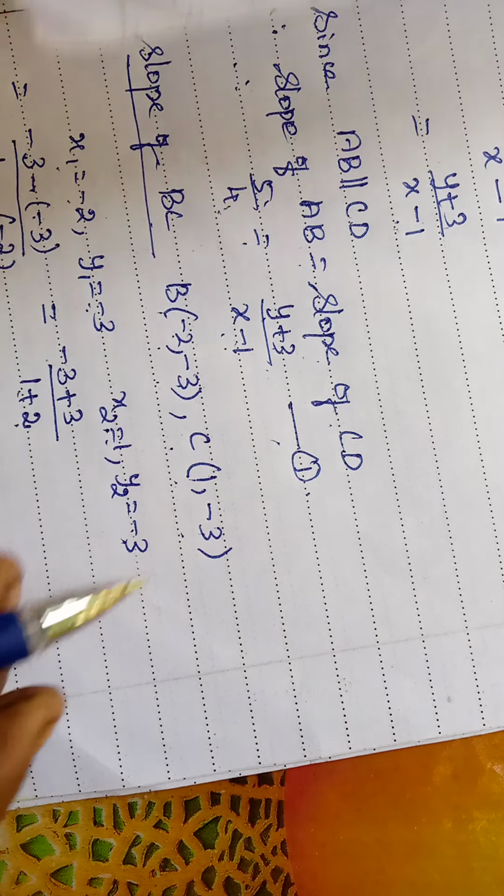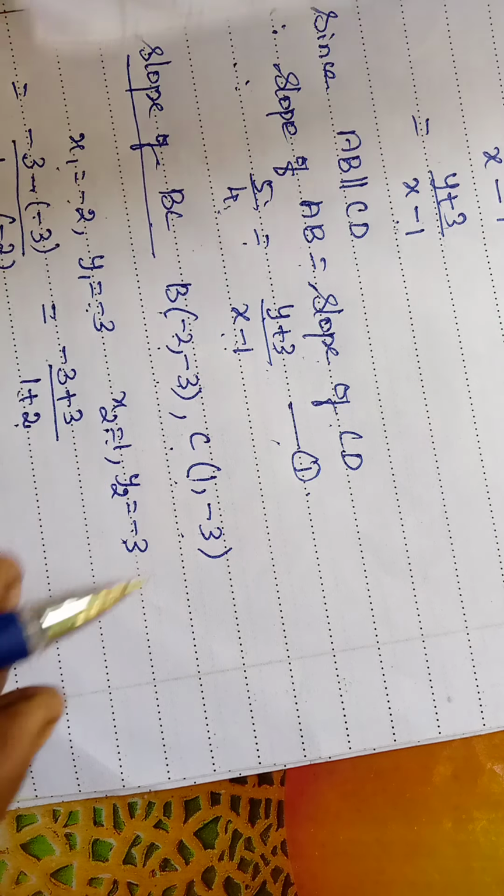Let us cross multiply. We get 5 into x minus 1 equal to 5 into 4. Let us cancel the 5 and 5. Remaining, we get x minus 1 equal to 4. We need the x value now. So x is equal to 4, and this minus 1 taken to the other side becomes plus 1, which is equal to 5. Therefore the values we have are x is equal to 5 and y is equal to 2. Understood students? x is equal to 5, y is equal to 2.